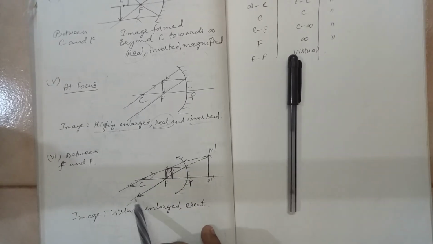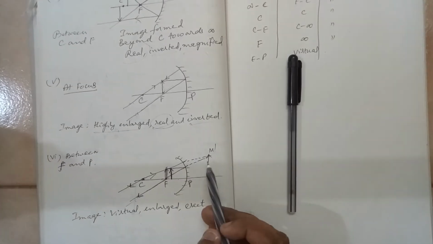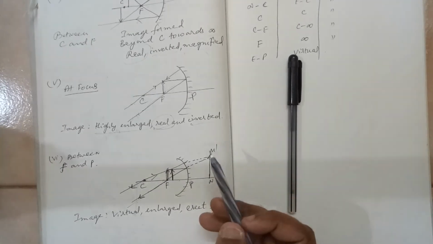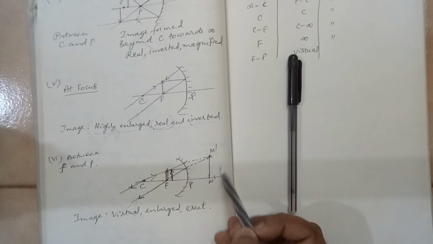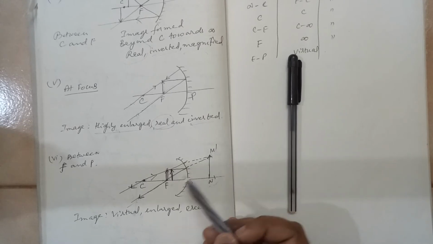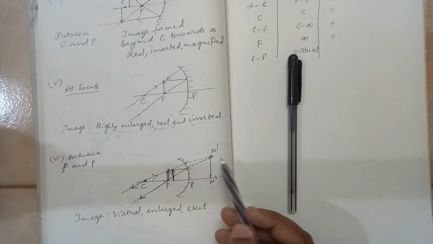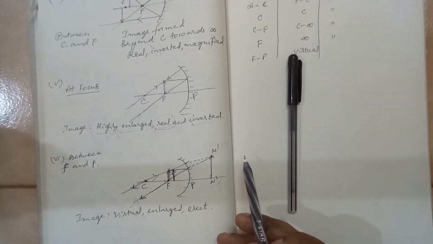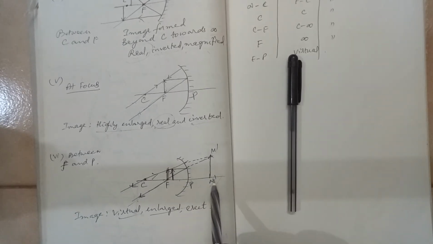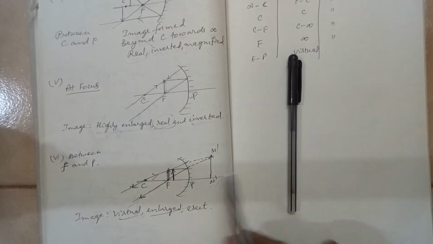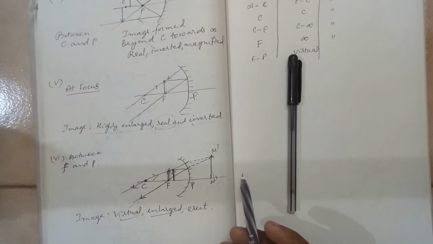So these two lines, actually here they won't be parallel. So if you back extend them, you are going to meet on the other side of the mirror. So M dash will be the point. M dash, N dash will be the image. So how do you know this? You have to draw it to scale and see. Then in this situation, the image is on the other side, so it will be virtual, it will be enlarged, it will be big, and it is not inverted, it is an erect image.